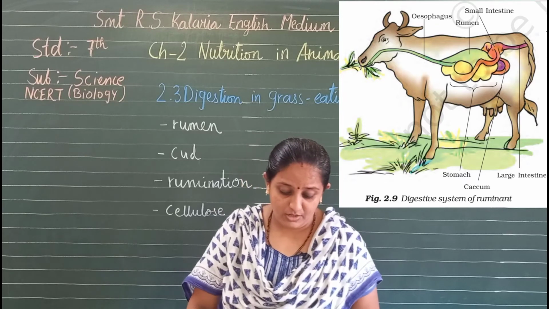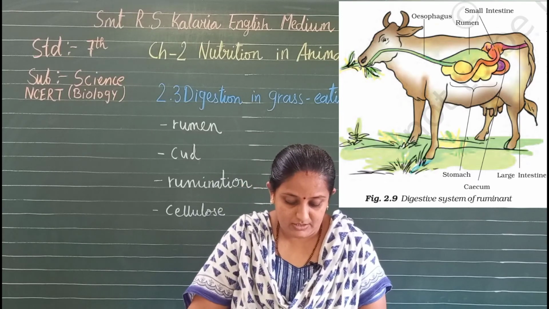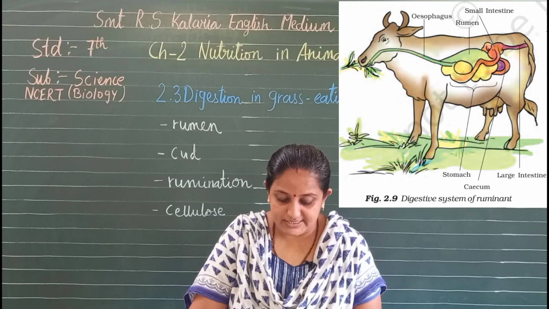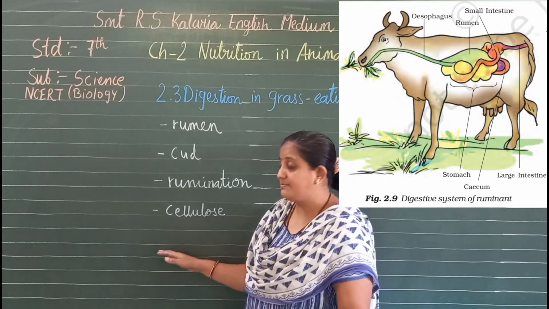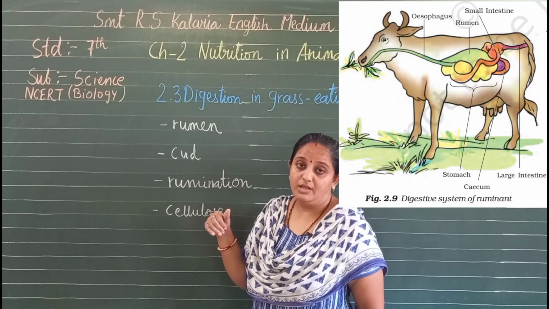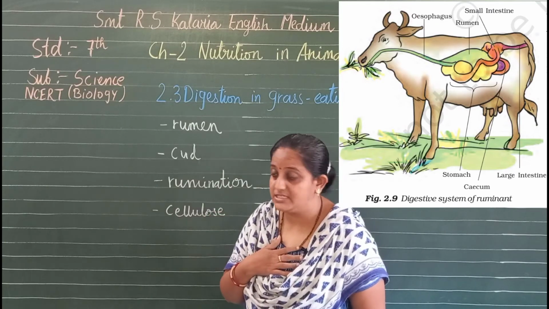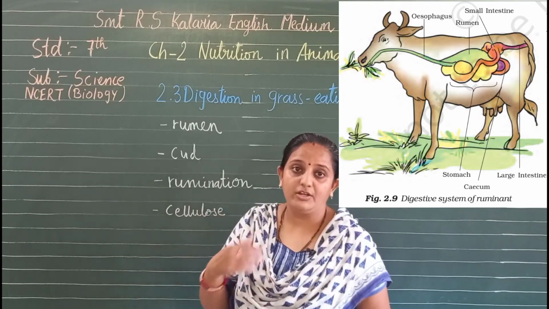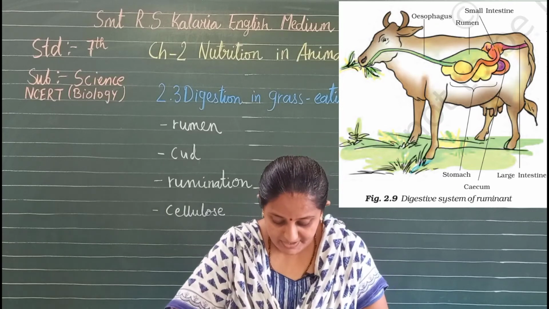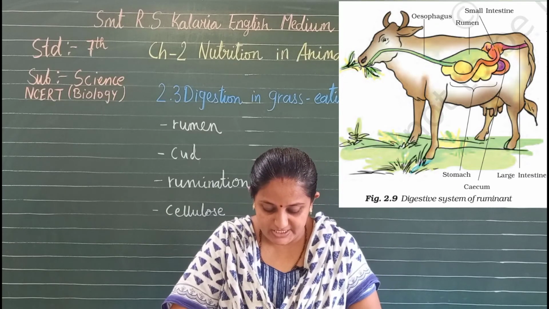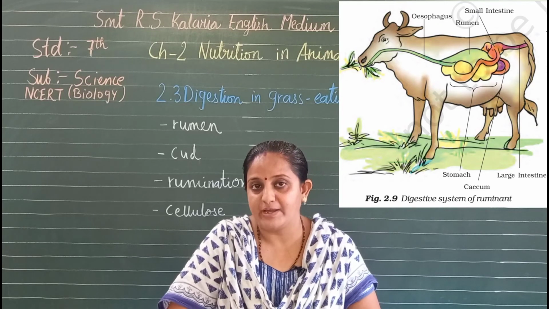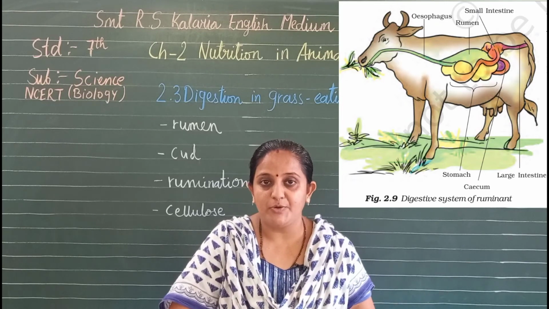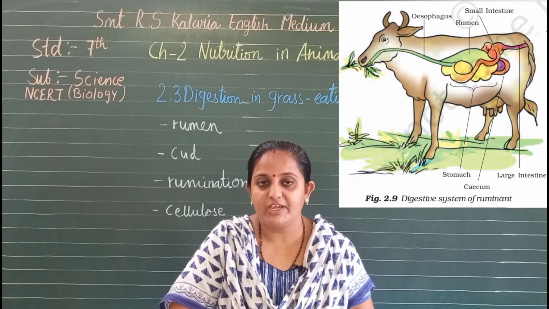Now here Boojho asked why we cannot digest cellulose like cattle do. Plants के grass में cellulose होता है. Why can we humans not digest this cellulose? Why can we not eat grass for a long time? The grass is rich in cellulose, which is a type of carbohydrate. Cellulose is another form of carbohydrate. One you have understood is starch, and cellulose we can also say is a form